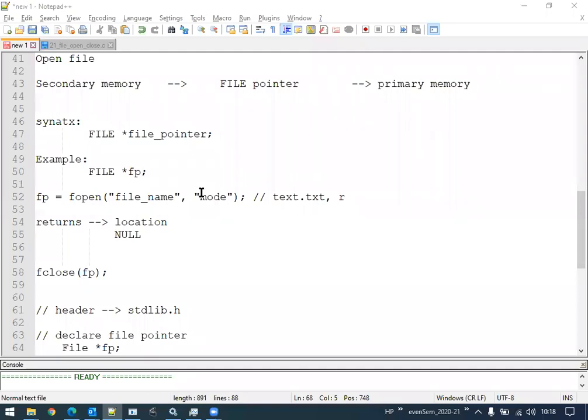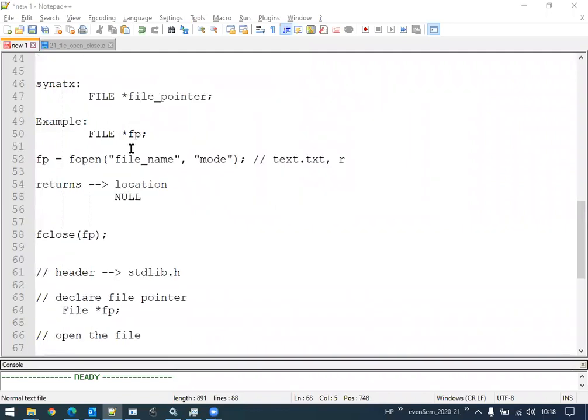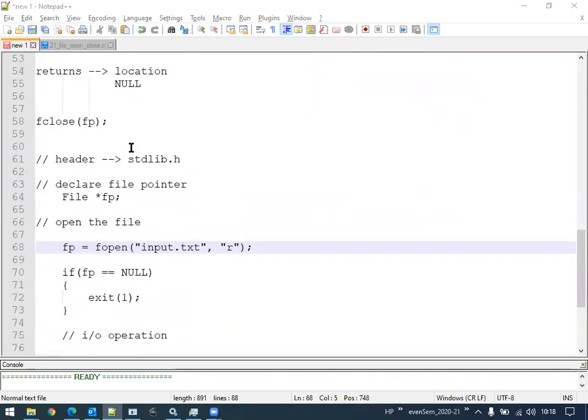In our previous class, we discussed the introduction to files, why files are necessary in C programming and why we need to use them. We also discussed how to process or handle files in a step by step way. The stdlib.h header file includes the necessary library functions to handle files.